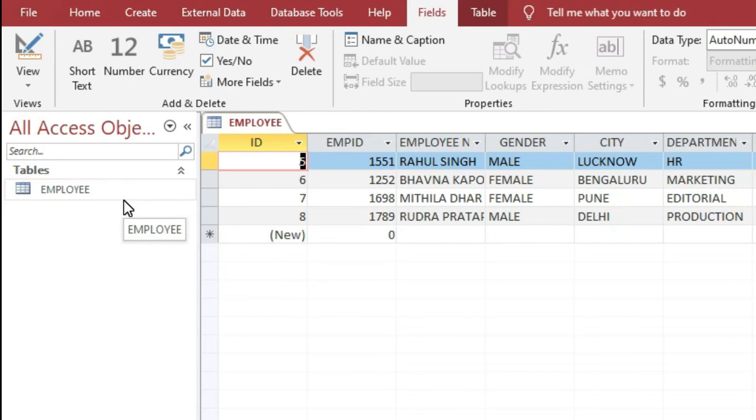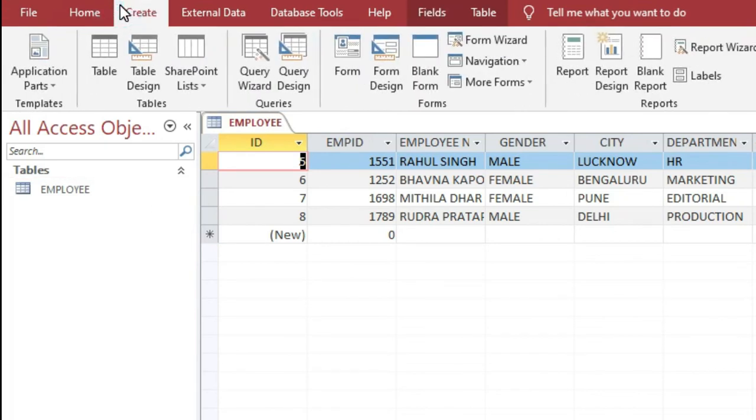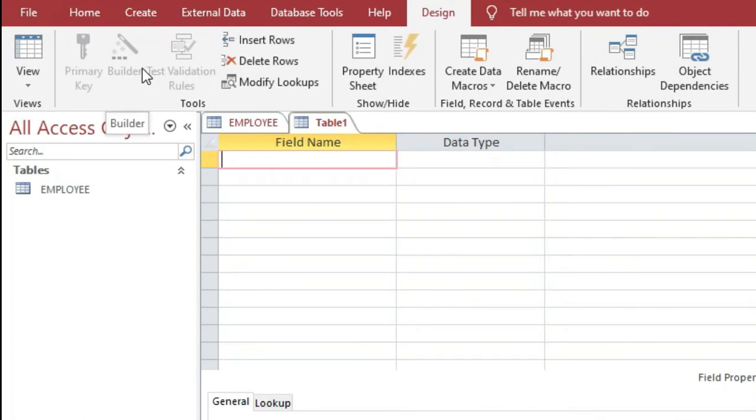Now we will create a table in design view, okay. So we can create a table and select the data types using design view, okay. So let us design a table with the necessary fields and data types, okay. To create a table in the design view, just click on the create tab, okay, then click on table design, okay, and then click on the table design in the tables group, okay, and then